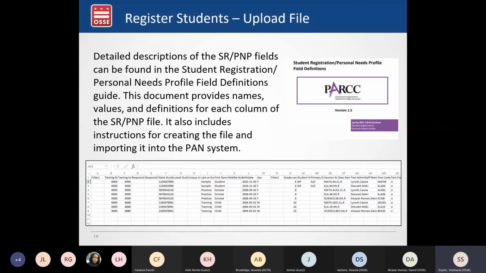How do we get access to Pearson Access Next and a login? That is a good question that we'll talk about during the Pearson Access Next portion of the training, but in general, you can reach out to us at ASSE and we can figure out the best way to get you access and registered in PAN. And another question, is this being recorded? The answer is yes, this is being recorded and will be posted on ASSE's website shortly following the presentation.